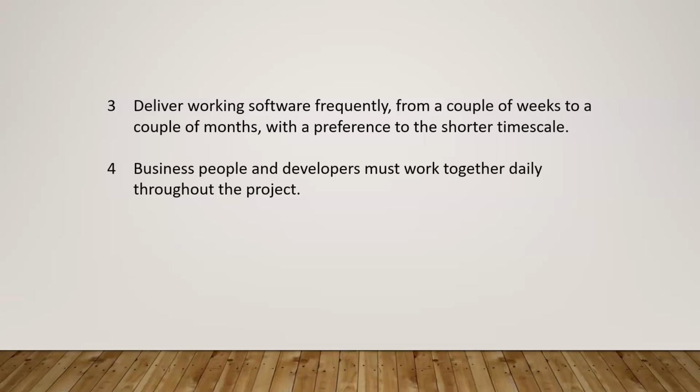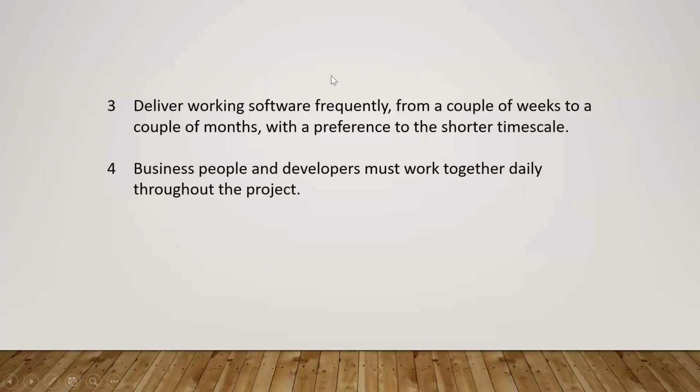Because we have the market, we have the competition, and if not you, another person is going to deliver it very fast, or another mobile with a new feature is going to come to the market very fast. So here Agile says you have to deliver very frequently, within a week, in a few weeks, or in a couple of months, whatever is the shortest time cycle. If you are able to deliver in 2 weeks, fine. That's better than having it for months.